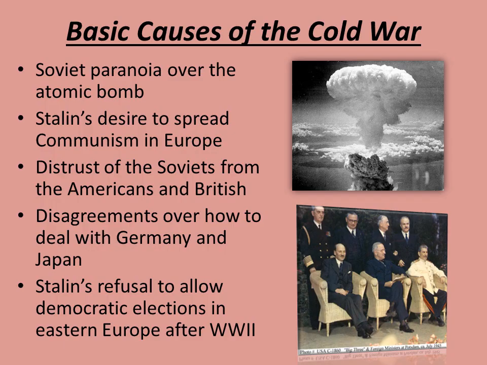Now, you might be wondering, why does Stalin have a say in what Eastern Europe does? Well, at the end of World War II, when the Soviets were marching towards Berlin, they occupied the countries that they went through, countries like Poland and Hungary and Czechoslovakia, and then those countries were given communist-style governments.